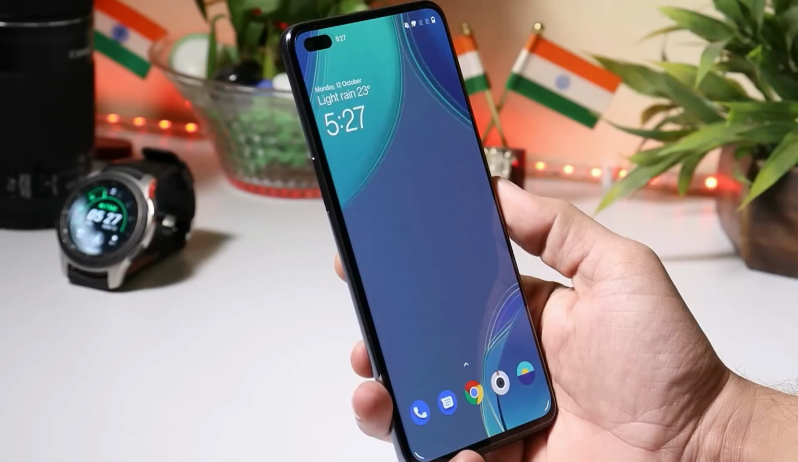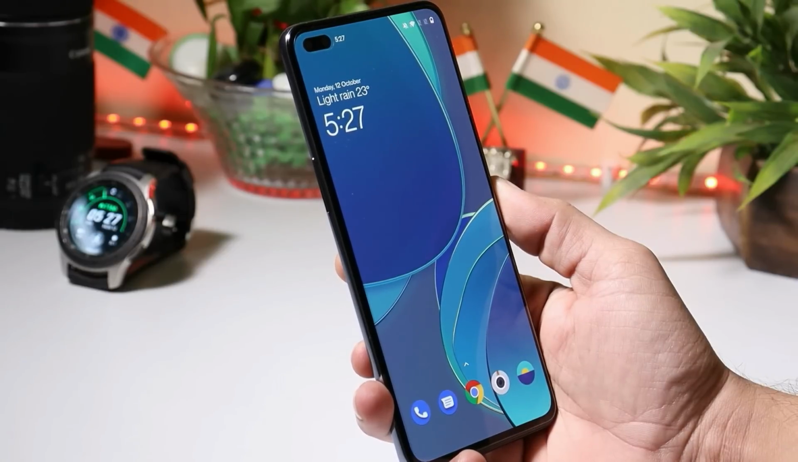In this video we'll show you what all features of Oxygen OS 11 or the applications can be installed on